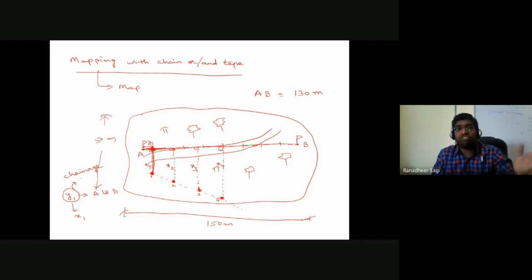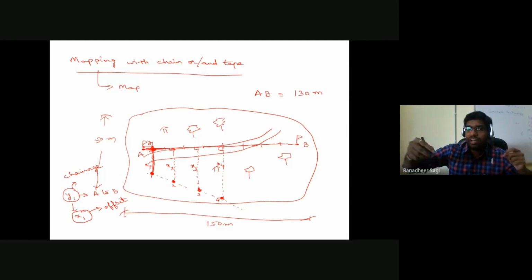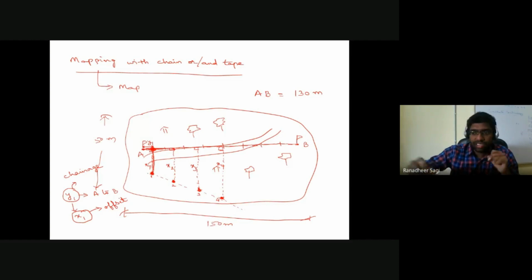And for that chainage of y1 distance in the direction from A to B at an offset distance, this x1 distance is what we call the offset distance. So at an offset distance of x1, if I am trying to travel a distance of y1 in the direction of the chain, that distance y1 is what we are calling chainage. Chainage is nothing but the distance we travel from point A towards point B along the length, or along the direction, of your chain.